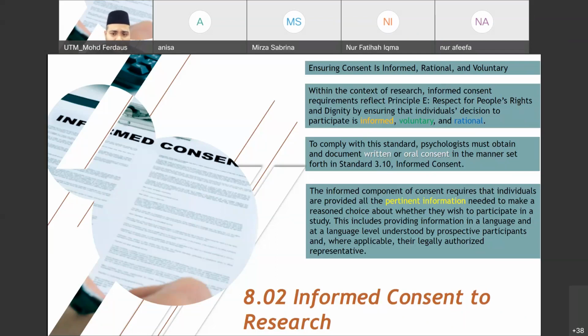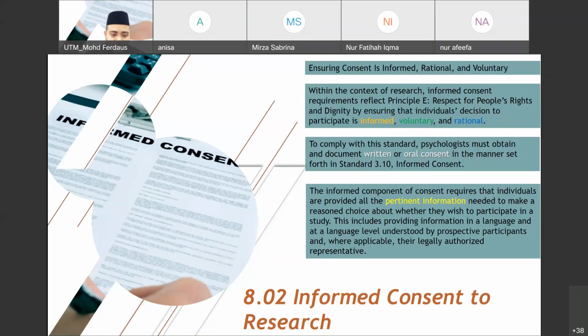Okay, you go to Kedah, you go to Kelantan, you go to Terengganu, you go to Sabah, Sarawak, you go to any other places where they don't really understand even standard Malay, then you need to find someone who is competent, who understands it better, to translate and to explain to them on behalf of yourself.